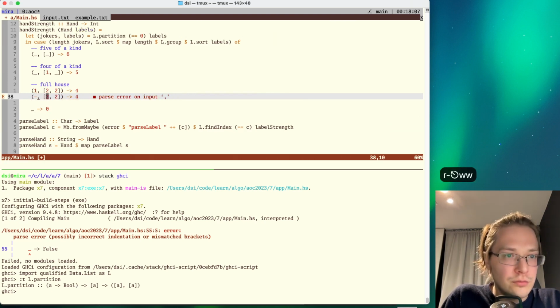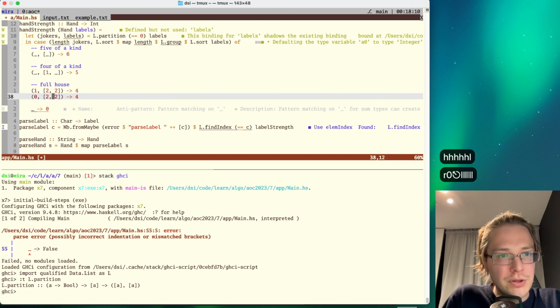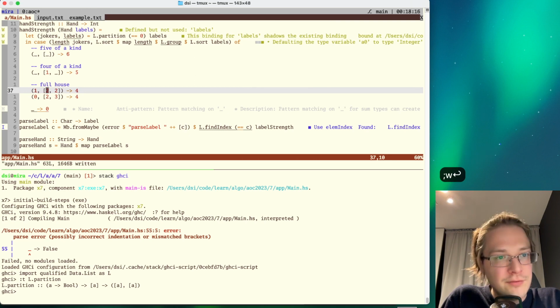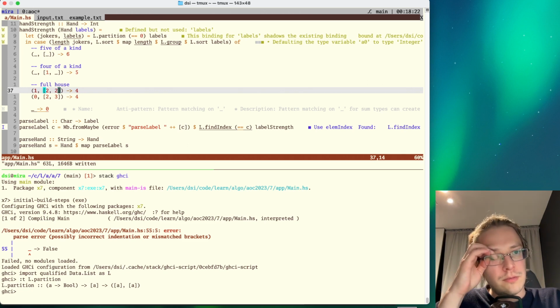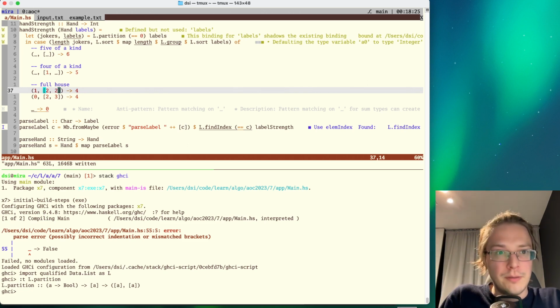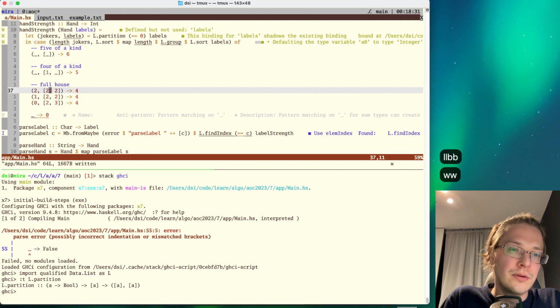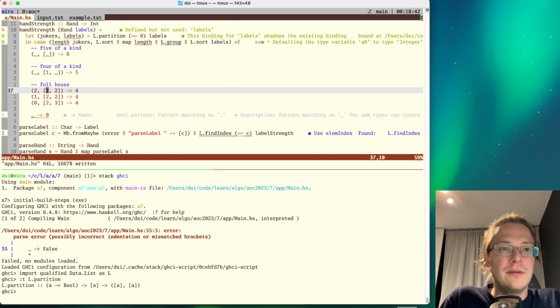So if you have 0 jokers, what do you need for a full house? You need 2 and 3. If you have 1 joker, what do you need for a full house? You definitely need 2 and 2. Okay, if you have 2 jokers, what do you need for a full house? You definitely need at least 2 present similar labels, but that would easily make 4 of a kind in any case. So it just doesn't make sense to test for 2